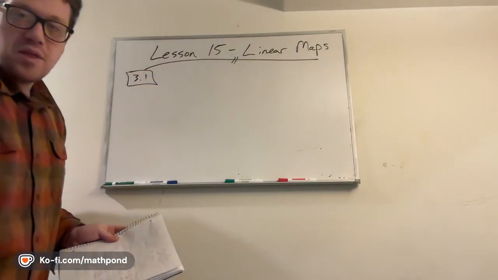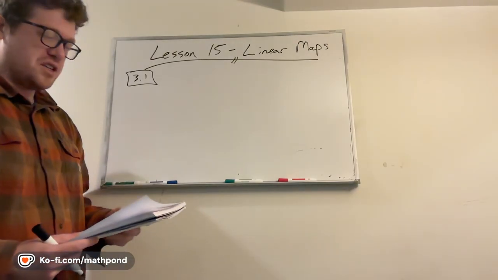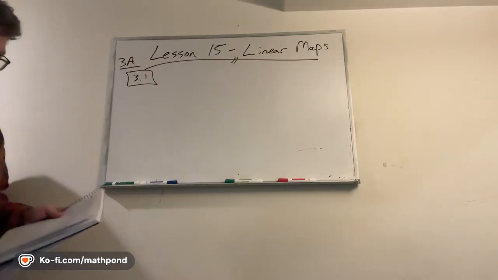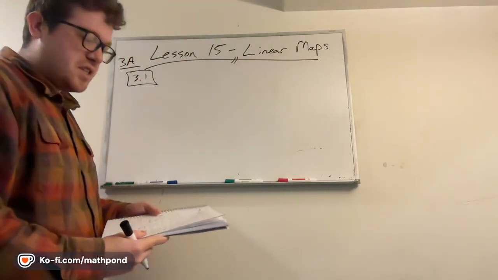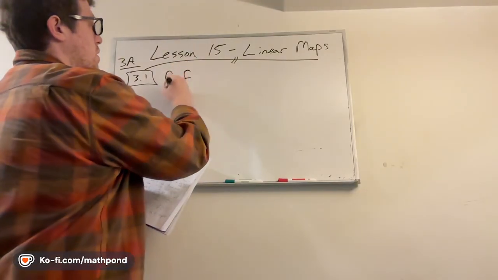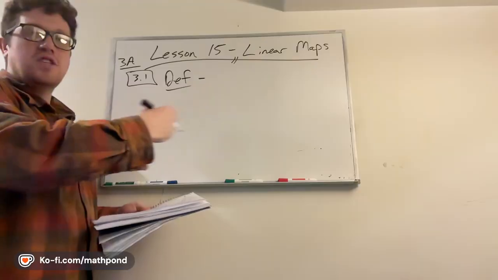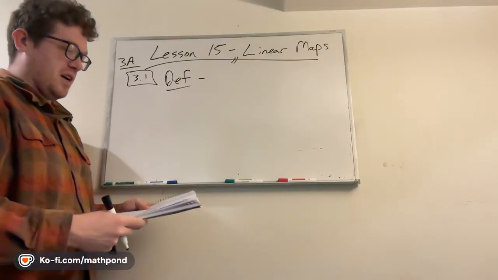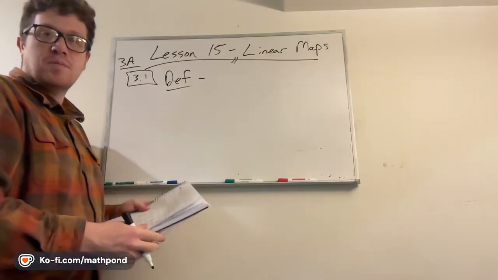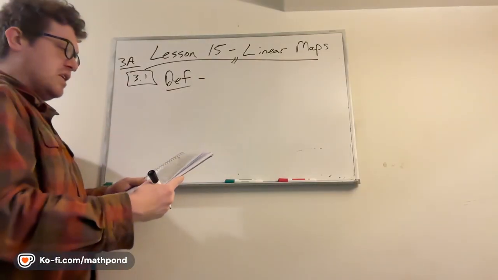So let's just start with the 3.1 definition. I think this is the first definition in section 3A. This is a pretty standard definition, standard in the sense that it's preserving the structure, so you'll see in a second. If we had a different algebraic structure, we would define maps in a similar way, but it would have to preserve whatever that structure is. So a linear map